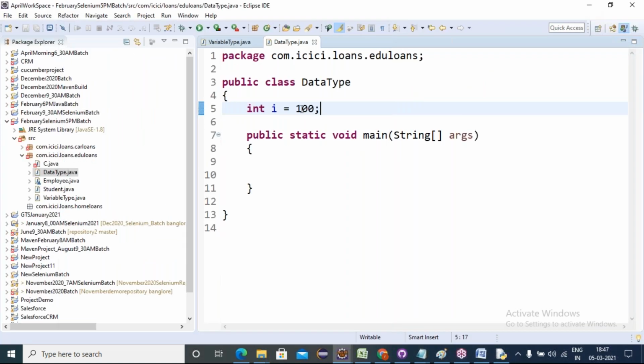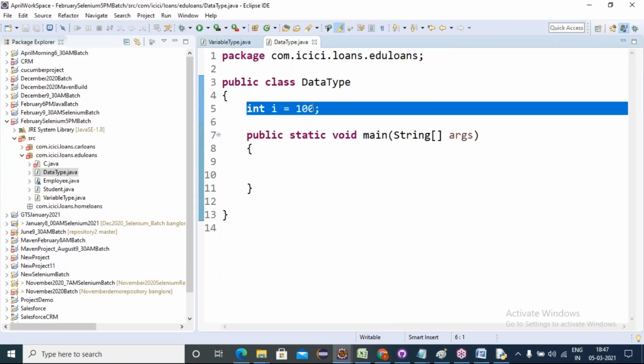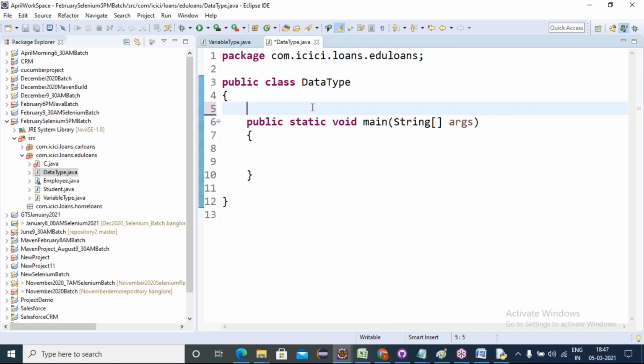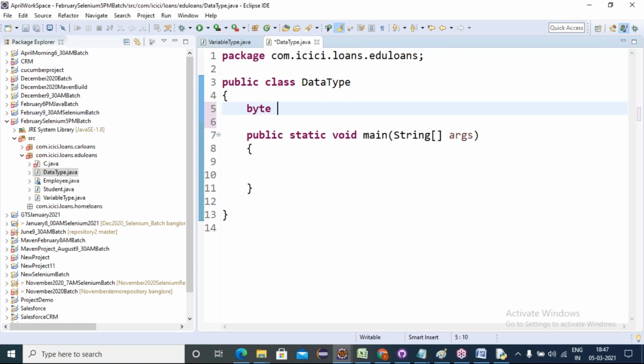Let me show you, friends. First is byte b equals. For every integer or float, we take the objects in the form of a negative to positive range. Here the negative range is minus 128.